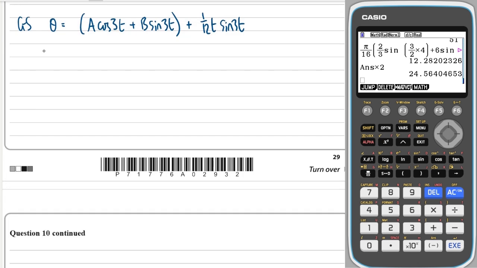So first we can sub in that pi over 3 when t is 0. So when t is 0 the cos function gives us 1, so that's a, and the sines will give us 0. So that tells us just a is equal to pi over 3. Now for the next part I'm going to have to differentiate to sub in. So differentiating this is going to give me minus 3a sine 3t, because cos goes to minus sine, and it's going to give me plus 3b